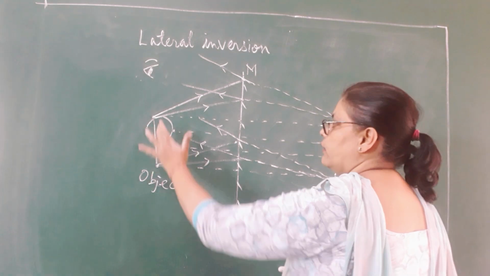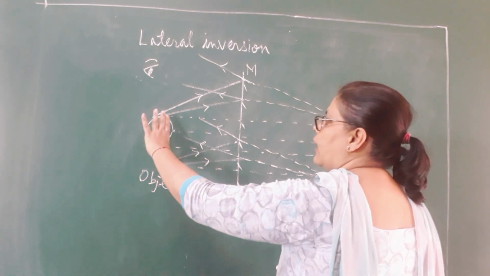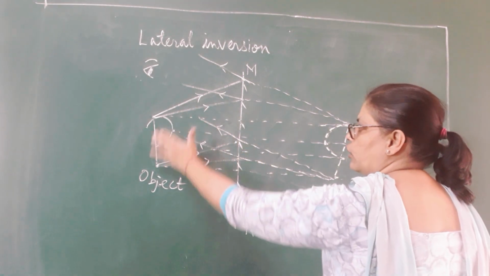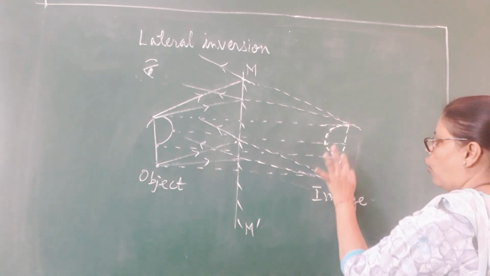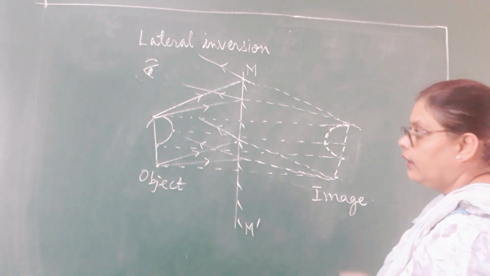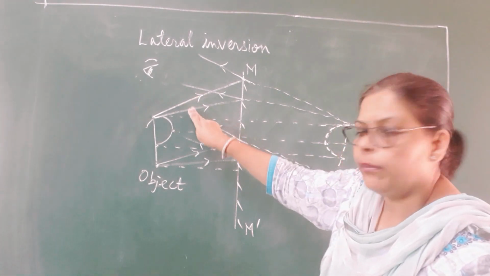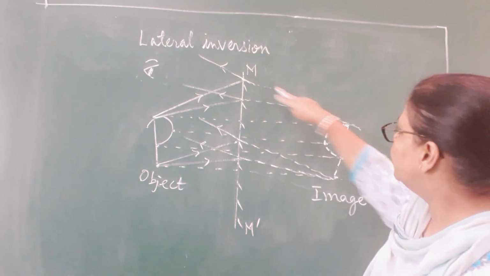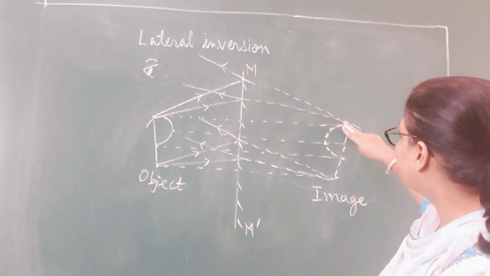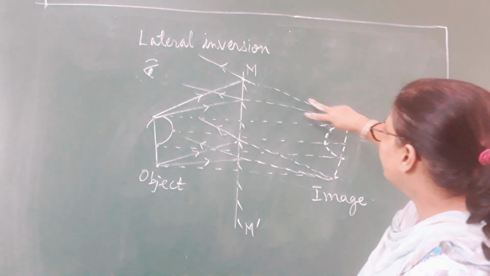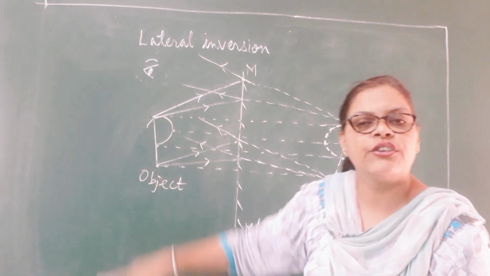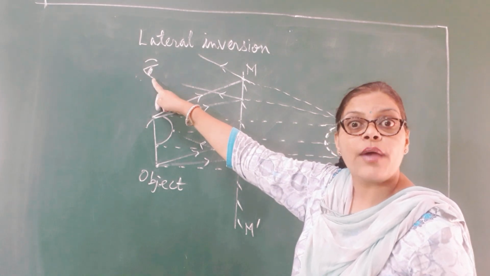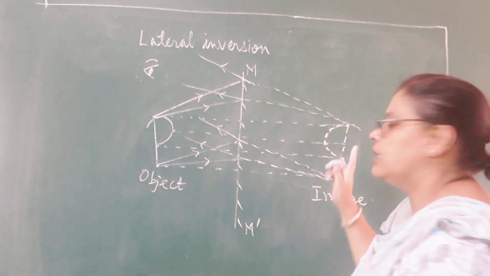Okay. I draw the object. I choose different points on it. I draw dotted lines. I measure the distances of this particular object and put dots and join the dots. Then I take 2 rays from the top and 2 rays from the bottom so as to strike the mirror, and then I let them meet at the head and the tail of the P, and with the help of a scale I pull them back as reflected rays. Okay, children, and my eye would be stationed here so as to see the image.